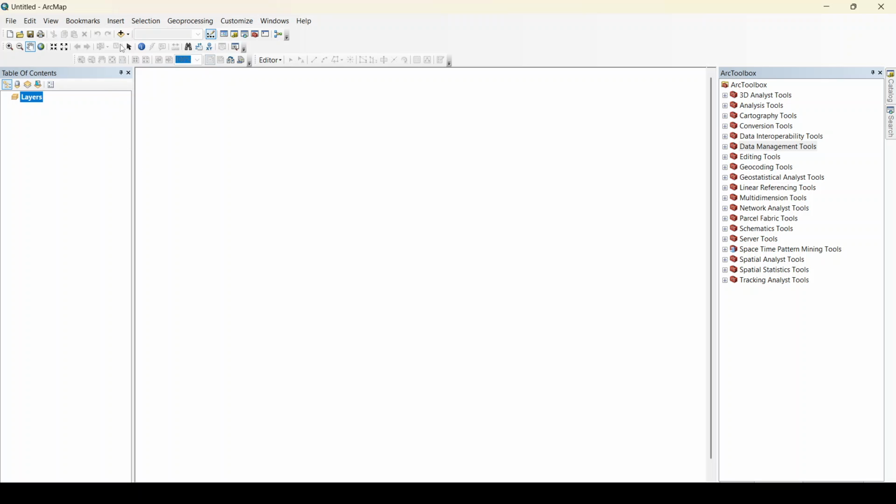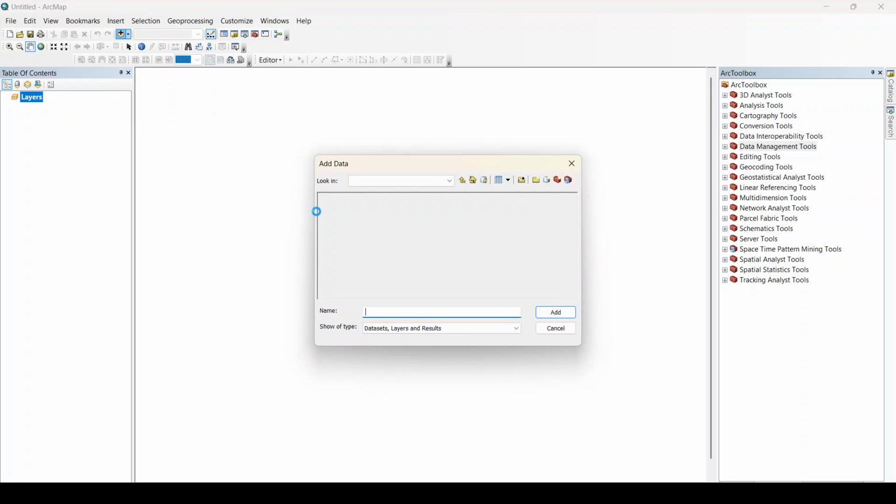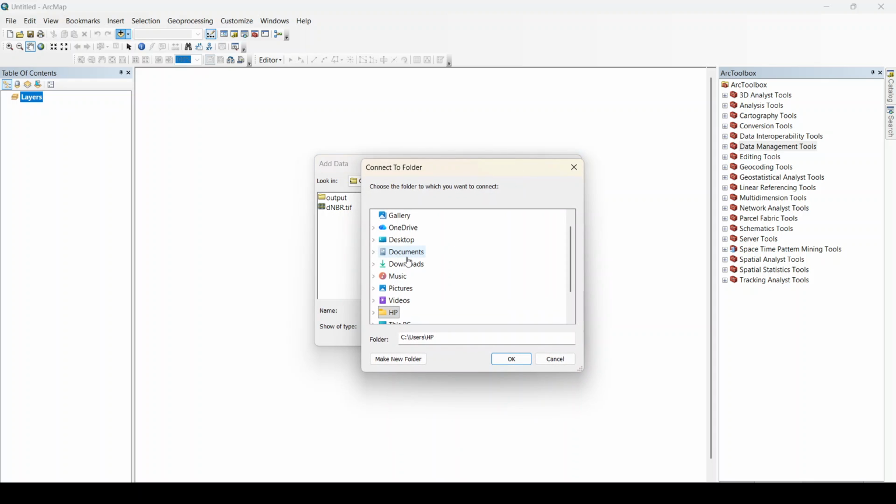So to do that, you need to click on add data here, as you can see my cursor. So click on add data, and this is going to open up a new window that will help you to navigate to where you have saved your raster data. So I'm going to click on connect to folder, and so I'm going to navigate to where my folder is. So I'll go here to my videos, and then